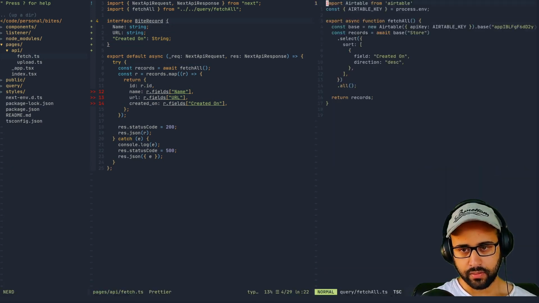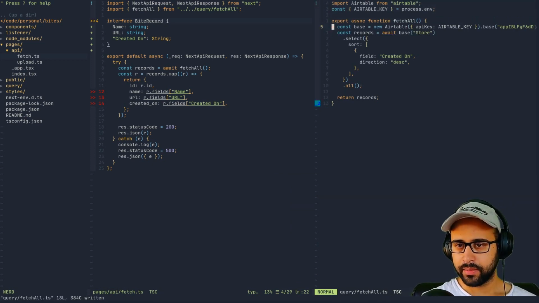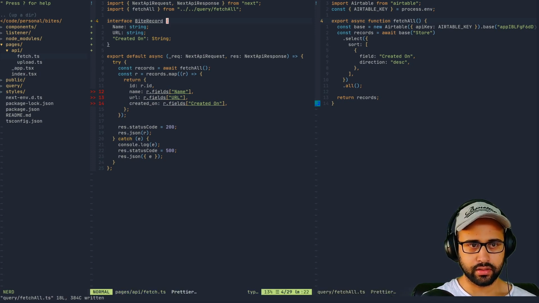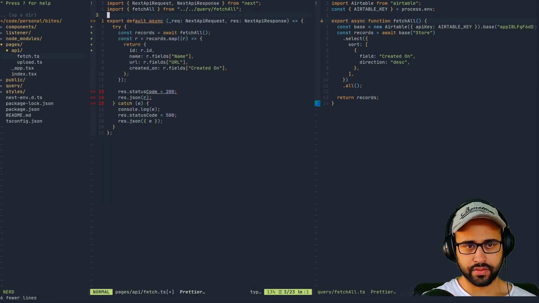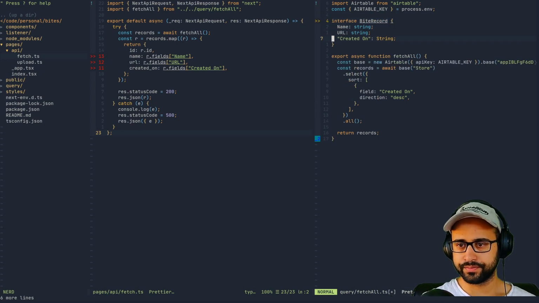So yeah, so this can be typed rather than we can just take this interface from here, move it over here, and say that fetch all will return a byte record array, right?